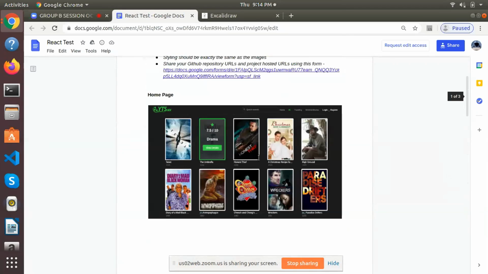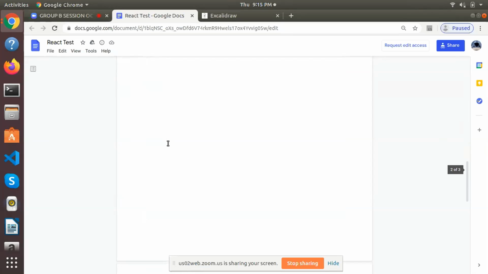But if we look clearly at the home page, we have a navbar component, so you can separate it out. At the home page we have a navbar, which you can separate out as one component, and the second component is the cards. A single card is basically nothing but a movie image, a movie title, and the year of release. So you can consider this card as a single component.